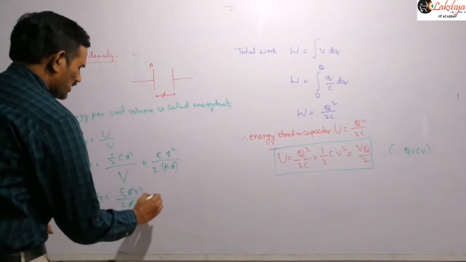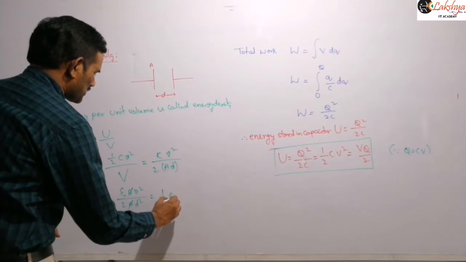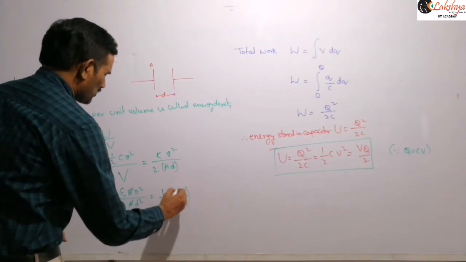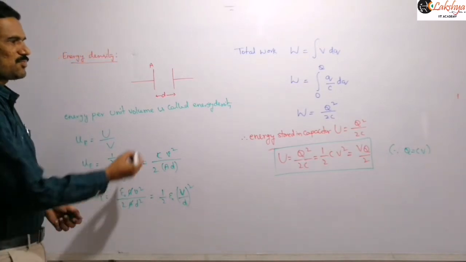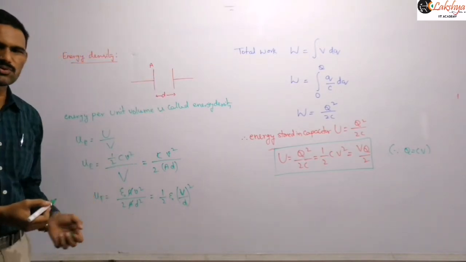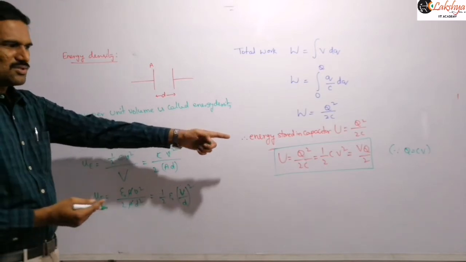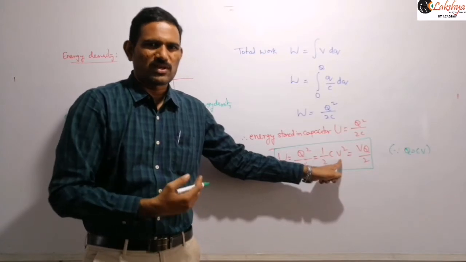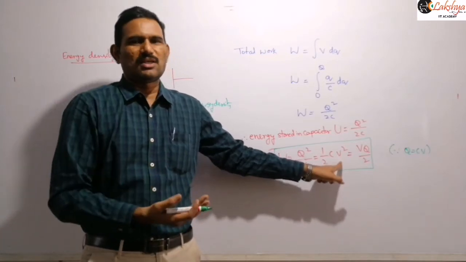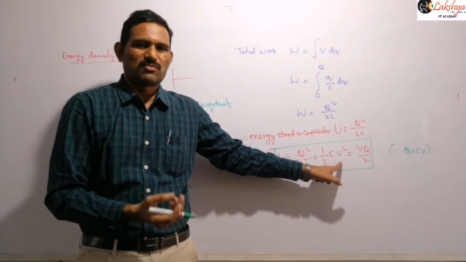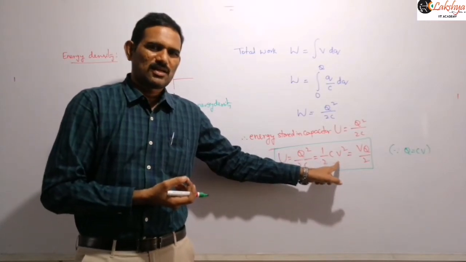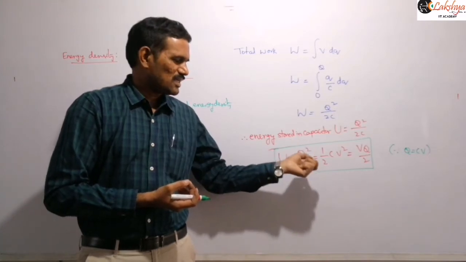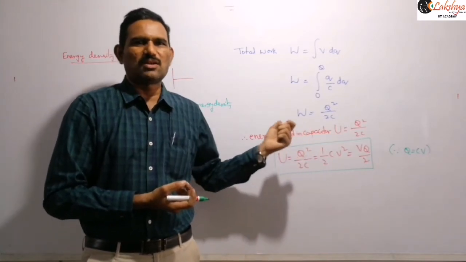And so now from this what we can write is half into epsilon naught into this value we can write as V by D whole square. Now where that V is the potential difference between these two plates, right? Potential difference across the capacitor, that V means. So this is the charge on the capacitor, capacitance, and this V is the potential difference between the two plates of the capacitor here. It may be equal to the EMF of the cell or it may not be equal to the EMF of the cell. Remember that point or mention here itself, at this formula itself. Q is the charge stored on the capacitor and C is the capacitance, V is the potential difference between the two plates of the capacitor.